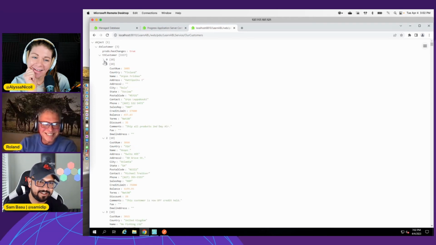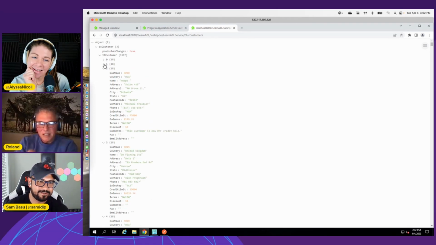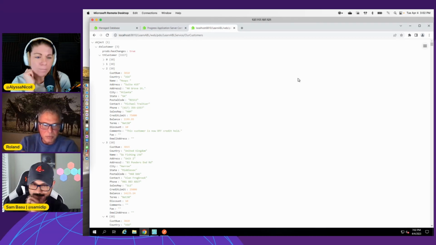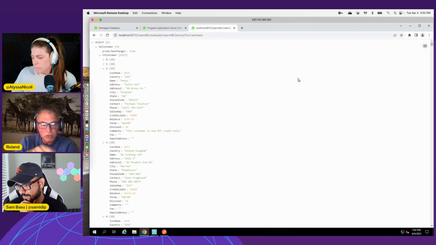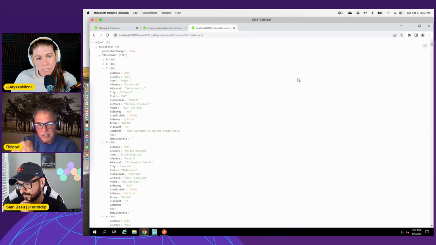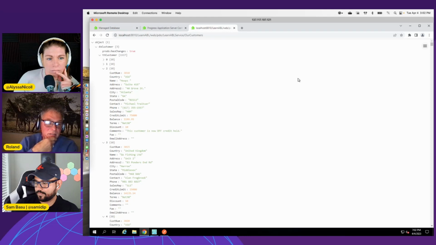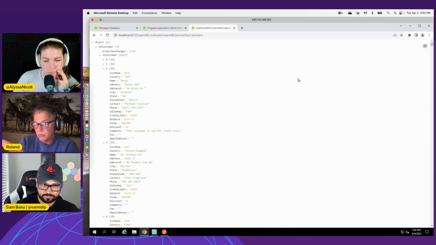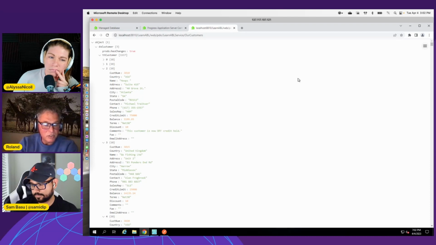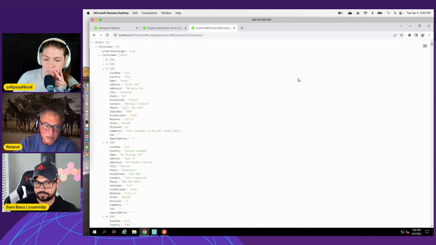Yeah, cool, isn't it? So this URL goes to Tomcat. Tomcat says, oh, I know this one, Learn ABL. So we're going to delegate this to our Progress application server. Then it runs the code that you just created, the class, our customers.cls. By default, since you don't give any other parameters, it just calls the read method, the read customers that you generated. That goes to the database and fills a dataset with all the customers and returns it in